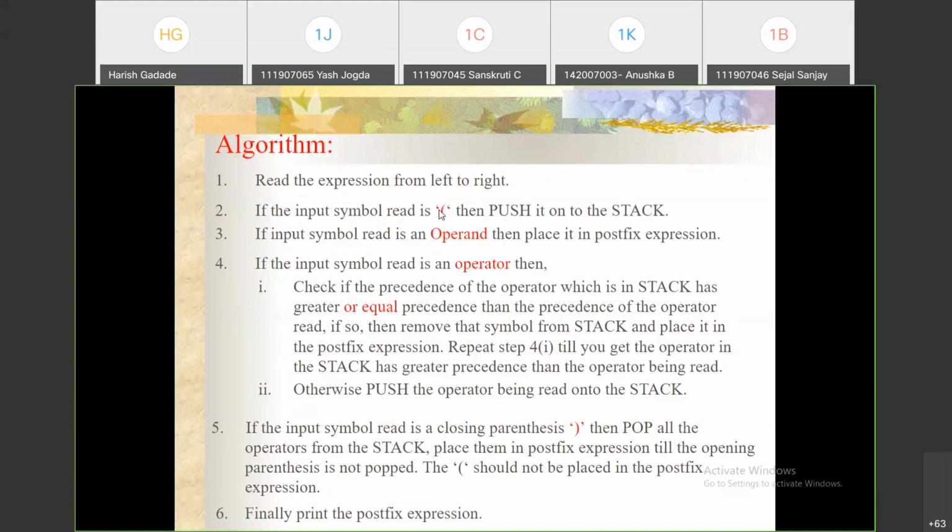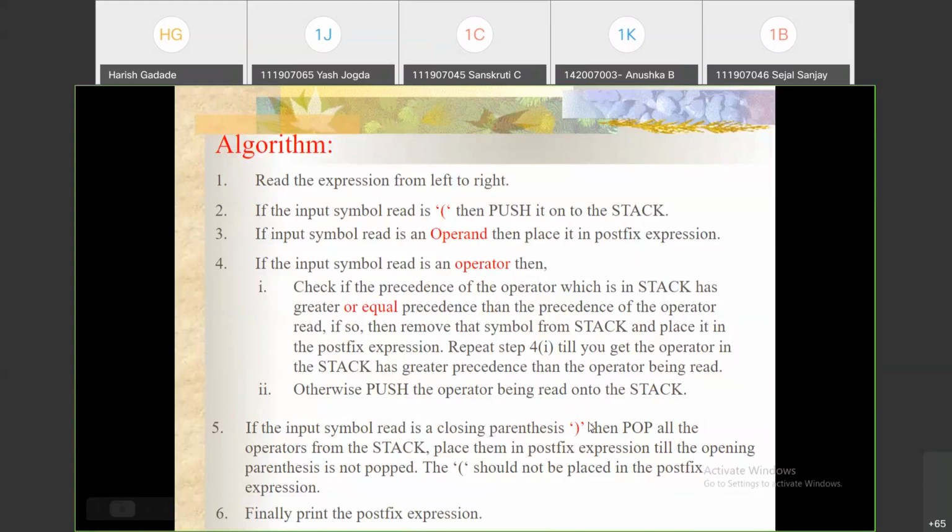Suppose an opening brace is there and an operand is there, then simply you insert these two into the output string. Only in the condition where you get an operator, you can see here, we need to compare that operator with the top of the stack, and accordingly we need to pop and add it to the output string, right?